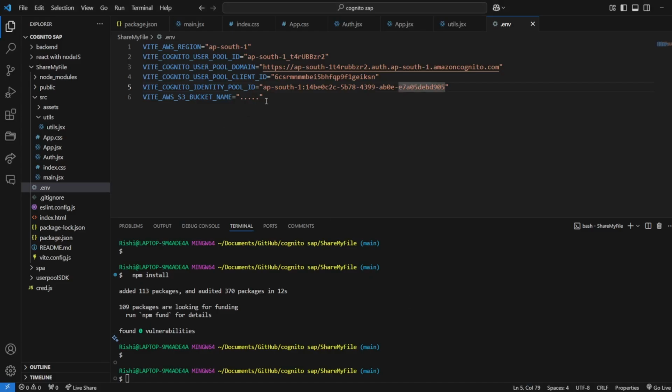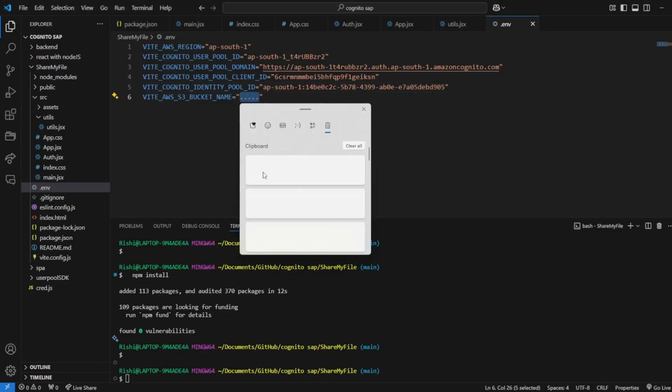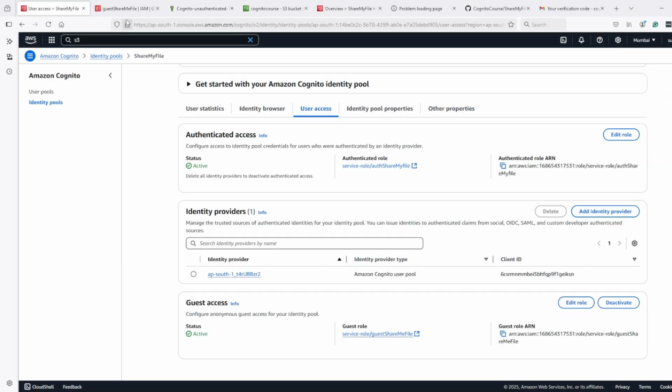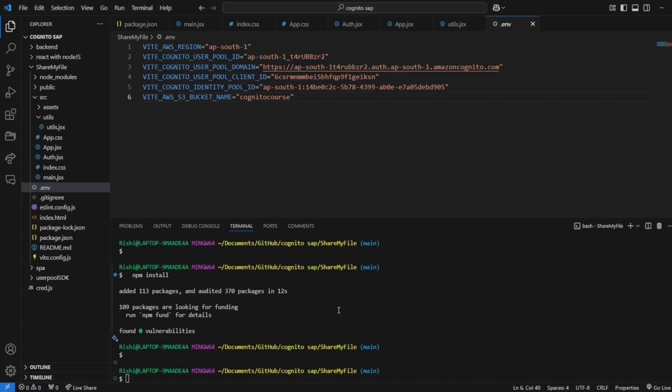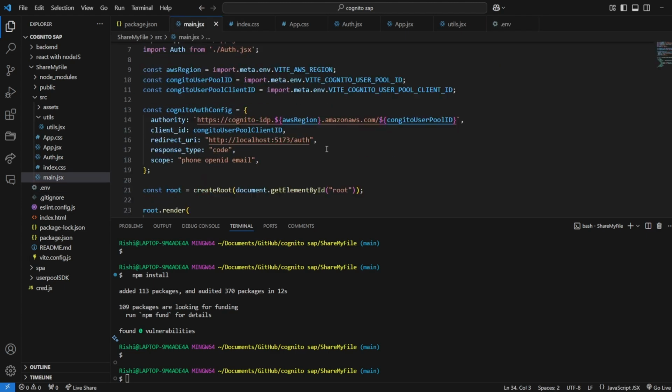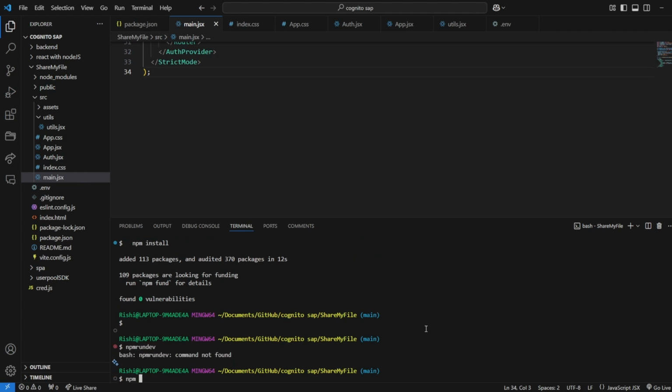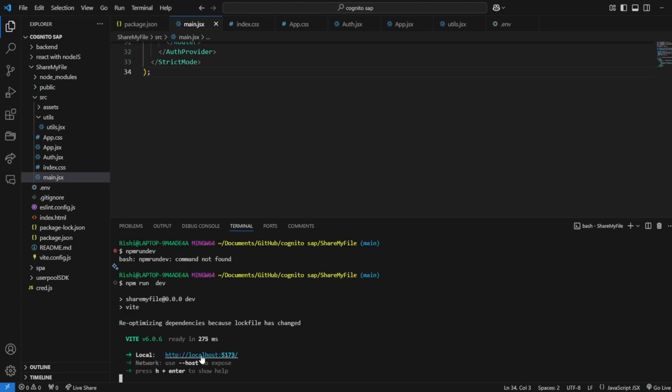Also, one thing we forgot is that in environment variables we also need to update the S3 bucket name. So that is also done now. Now all resources are created. We updated the environment variable. Let's start the app and see it. So npm run build, npm run, copy it, and